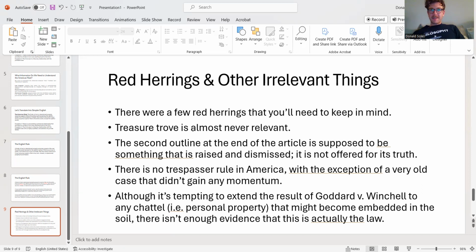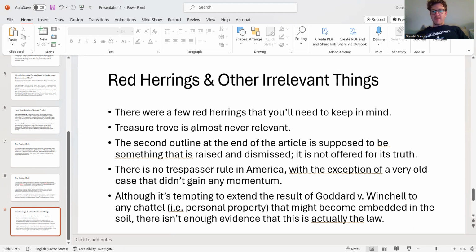And although it's very tempting to think that chattel could become part of the realty, and though it does seem like Goddard's lawyers heavily urged the court to adopt this as a rule, it's not clear whether the court in Goddard versus Winchell does it. They do seem to rule on the basis that the meteorite became part of the land on the basis of the doctrine of accretion, not because it's a chattel that is a little piece of personal property like a cell phone or a cup or something like that, that could become the owner's just because it became embedded in the soil. So maybe another way we could try to draw out this distinction is between natural resources which accrete and chattel which does not accrete.